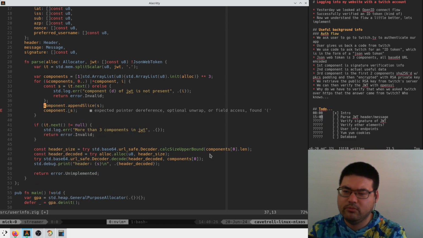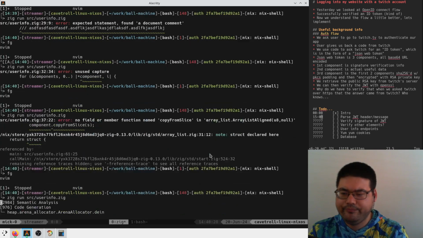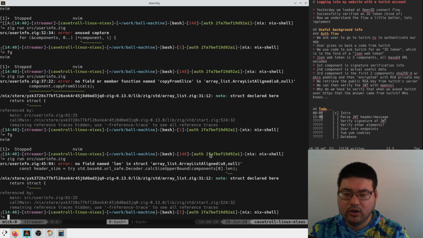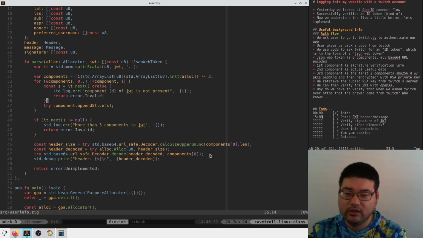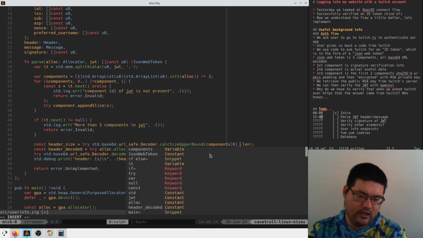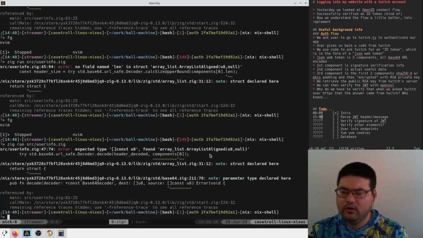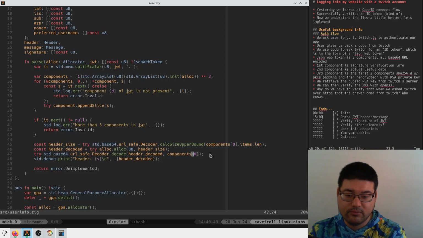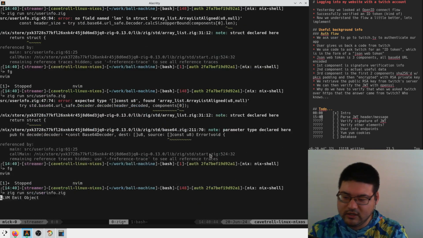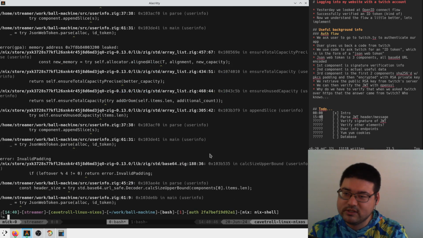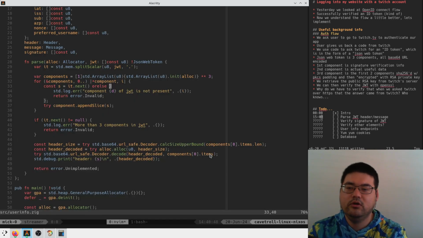I don't know why it's not auto-completing for me, but whatever. Components 0 .len. So these now have, this has to be items here. And components 0 at 47. This would be components 0 items to extract the internal data of the array list, and we're chilling. Okay, so